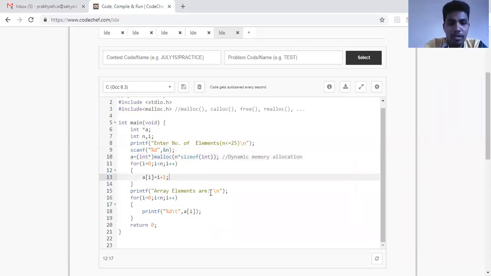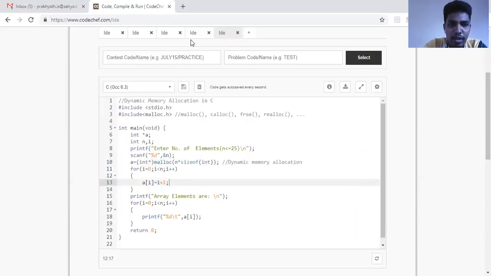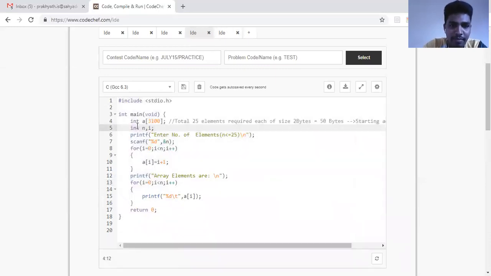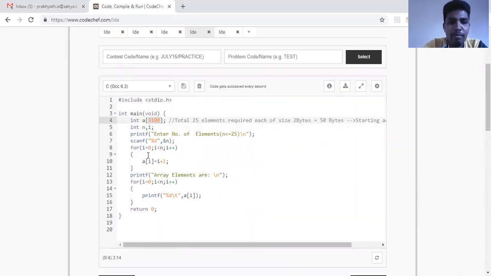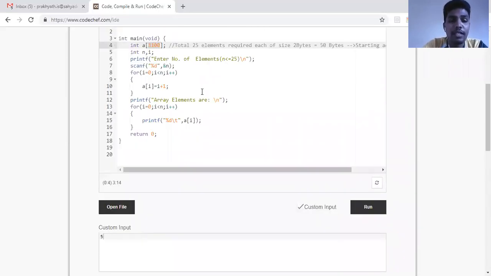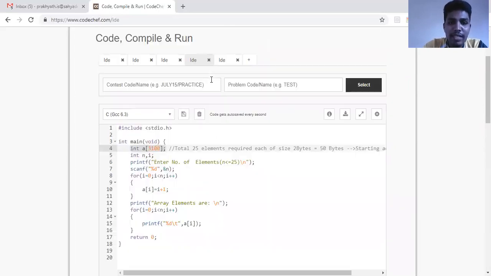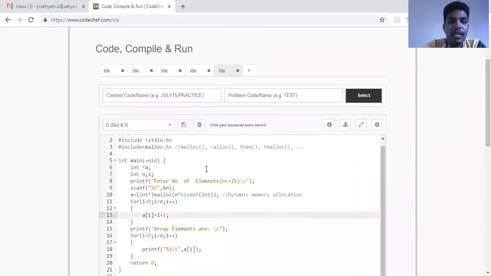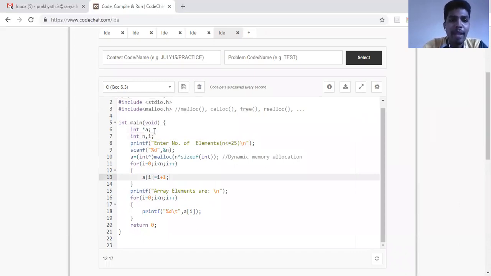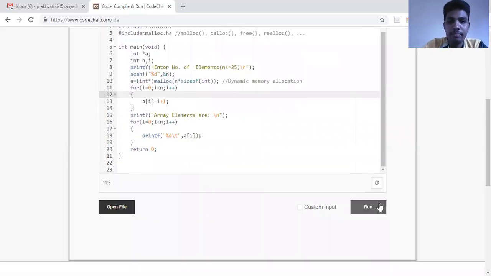So we'll run this code. See the difference between the previous code and this code, I'll show you. In the previous code, we reserved statically. You can see here, 3100 was the room space which I actually reserved, and I'm using 5 rooms. So there is a wastage of 3095 rooms. Clear, right? Okay. Statically, I'm telling I want these many rooms. But in this piece of code, I'm not telling how many rooms I want in the beginning. I'm telling the number of rooms is dependent on what value the user enters for n. That much room I'm reserving. See here. Okay, so let me run this program.